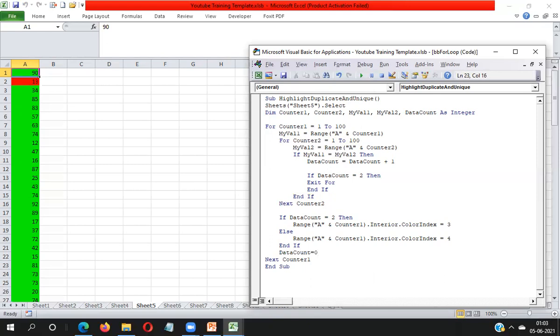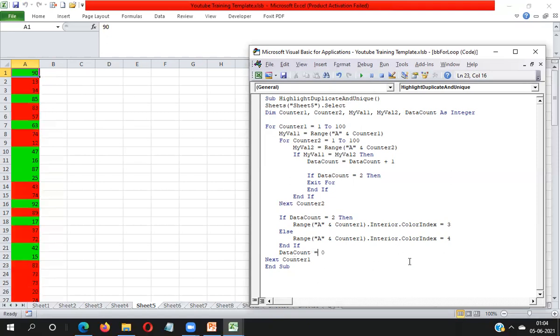Data count 0 means whenever I have already counted this 90 value a number of times, after highlighting the value, I have to take the next data count for 13. So I need to set data count equal to 0 here, then you can get the data count for 13. Otherwise, if you do not set data count to 0, suppose the 90 count is 2, again it will add 13.